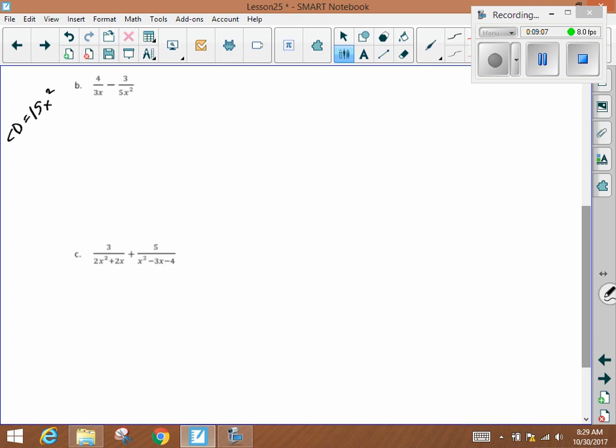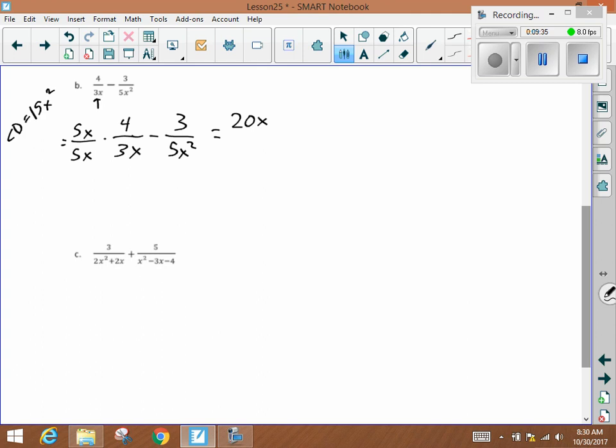Which means that in order to get this to be 15x squared, I have to multiply it by 5x. So that means that I have to multiply both my numerator and my denominator by 5x. And this one doesn't need anything, right? It's already got the denominator. That's perfect. And we will leave it just like that. So that's going to become